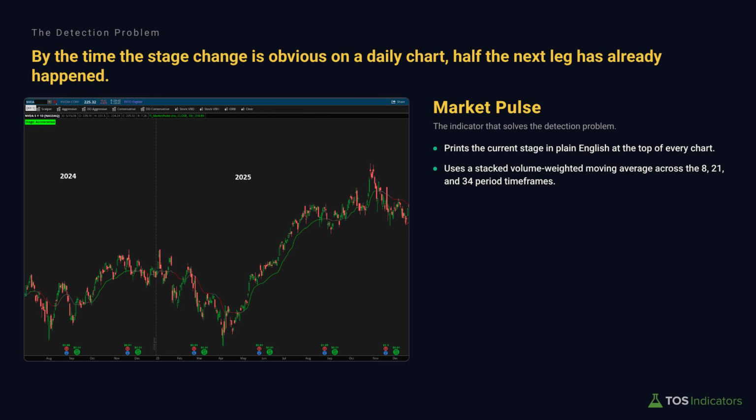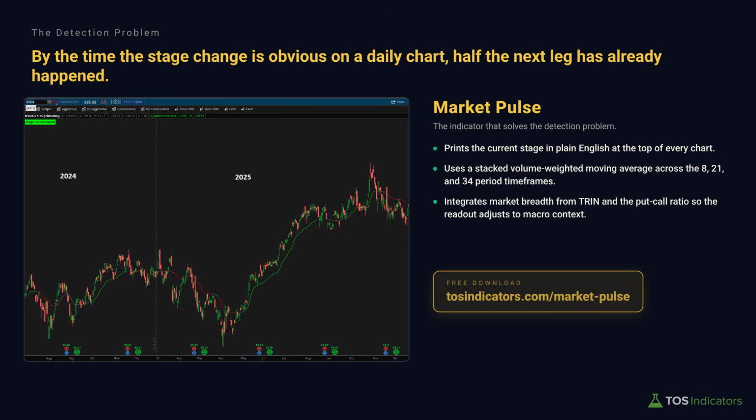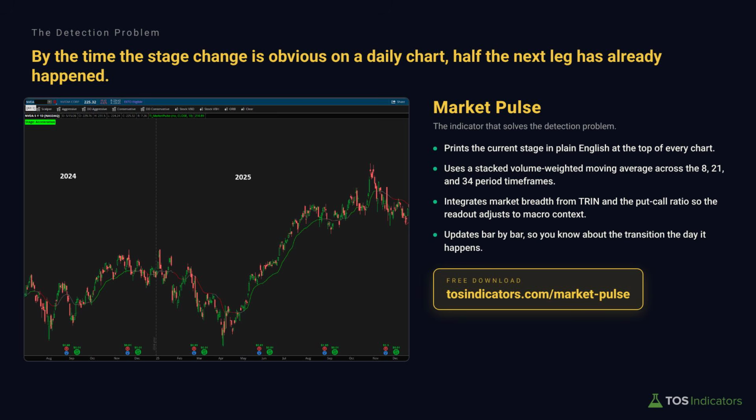But ultimately, as a trader, the information that I get on a chart, in the top left, is a label that tells me which one of the four market stages we're in. On the chart, a very simple line tells me where I expect price to gravitate towards if we get a pullback. And that line is colored either green, gray, or red, depending on the market stage that we're in. It's a very simple way that I like to gauge the market stage and which phase we're at. And that's using the market pulse indicator.